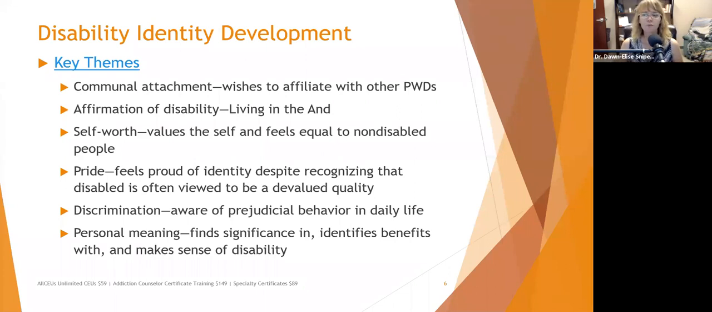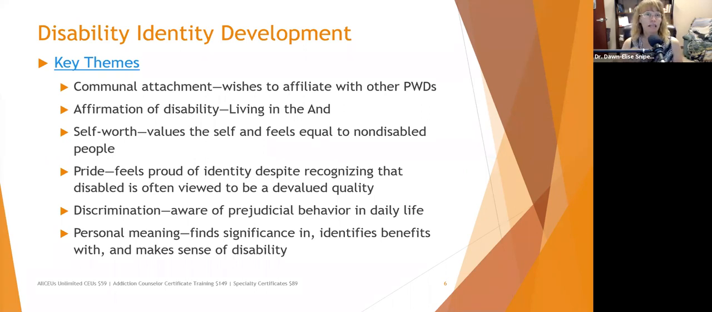And they find personal meaning or significance in this disability, and they make sense of it. The whole, why is this happening to me? Or how can I use this basically to be stronger, to grow? All of those things go into identity development. And if you're working with somebody with a recently acquired disability, these are things that you may have to work through with them. If you're working with a parent of a child who has a disability or is anticipated to have a disability when they're born,